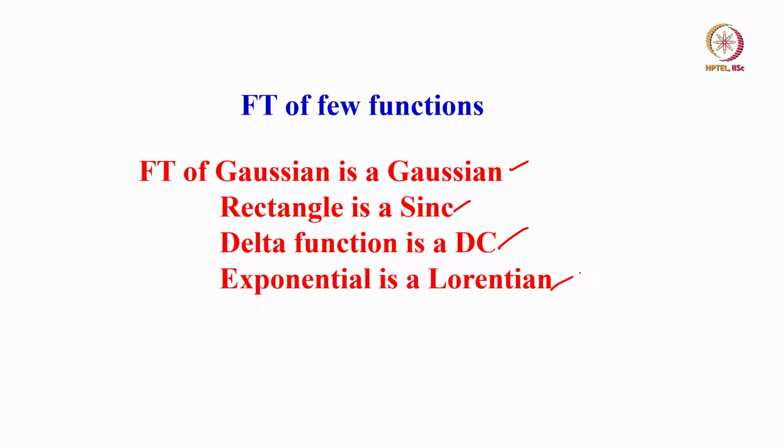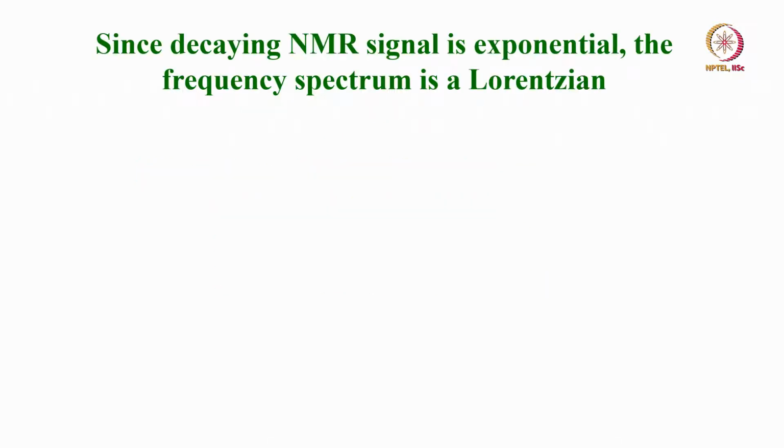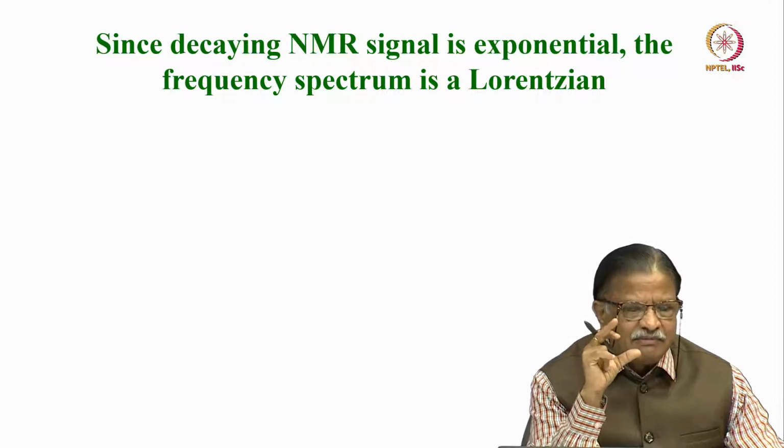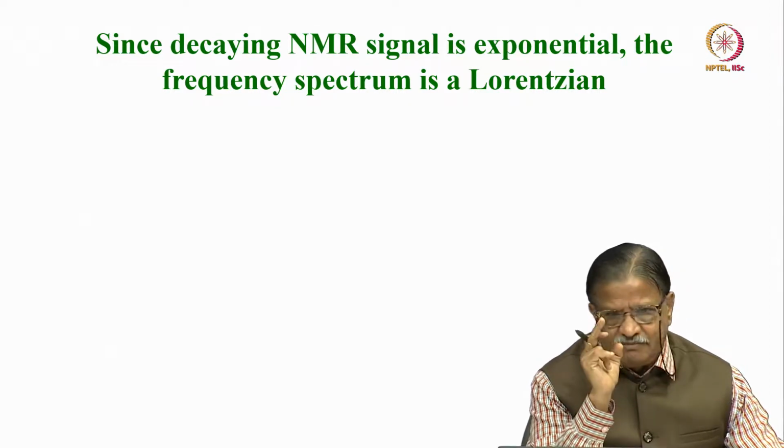Most of these things we use in NMR spectroscopy when we collect the time domain data. Okay. So now, where do you use this in NMR? Where do you come across this thing to understand Fourier transformation so much? First of all, remember when we discussed NMR in the beginning itself, I said we apply a radio frequency pulse and collect the signal in time domain. It is a decaying exponential.